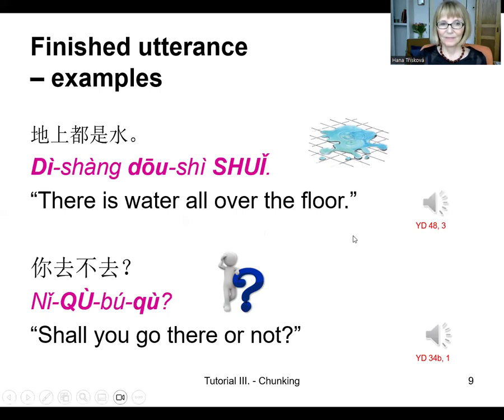地上都是水， This is a declarative. 水，地上都是水， And the next one is a question. 你去不去？你去不去？ This is not loud enough. 你去不去？ Okay. 你去不去？